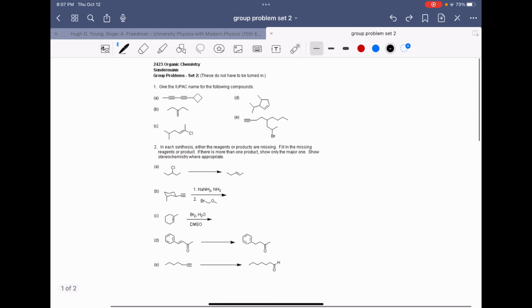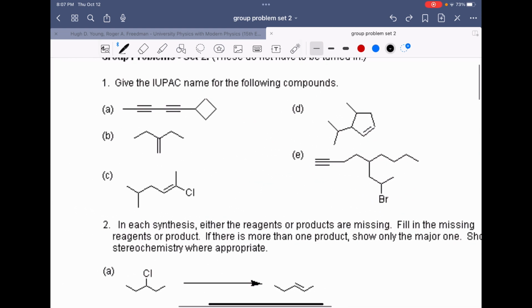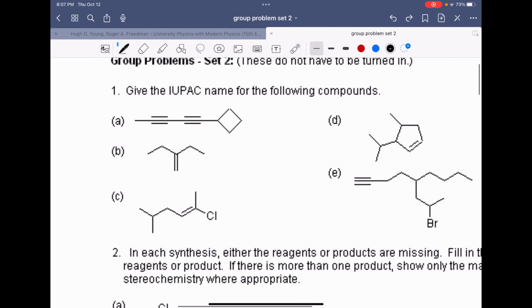So start with this first one. This is just the IUPAC naming for compounds. So the rules for naming these alkynes is pretty similar to alkenes and alkanes, or just alkenes, where you want to number these so as to find the largest ring or chain containing the triple bond, and then number them so that the first triple bond is at the lowest number possible, and if they're the same, if you can start from either side,